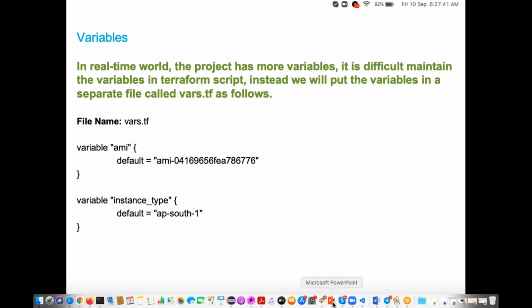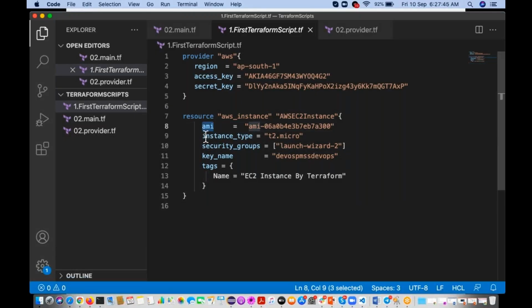If you see here, we have written one script with AMI, instance type, security groups, the tag names and all. Instead of hard coding these values here, we can create one Terraform script file called vars.tf and keep them there.